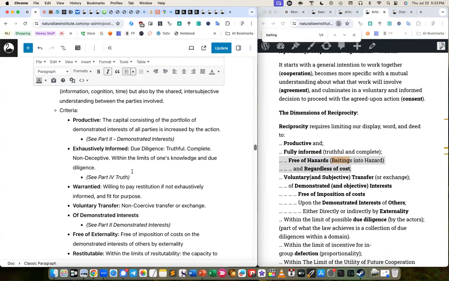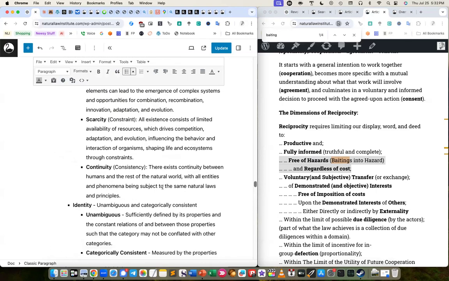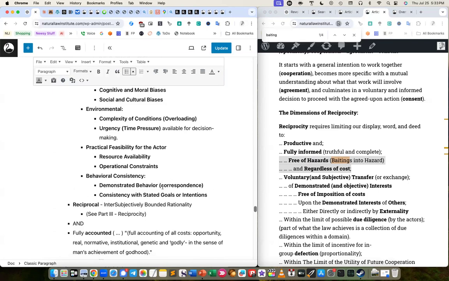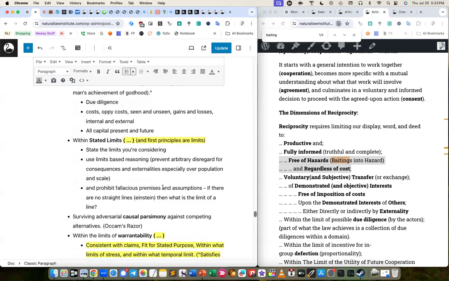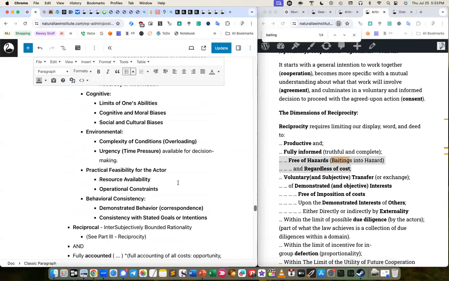Now, okay, we're doing this, but does that mean it goes under truth? I think those free of hazards regardless of cost is fair. Is here? I think it's okay to put it there. Let's go down to, because that would be equally visible. Here. And